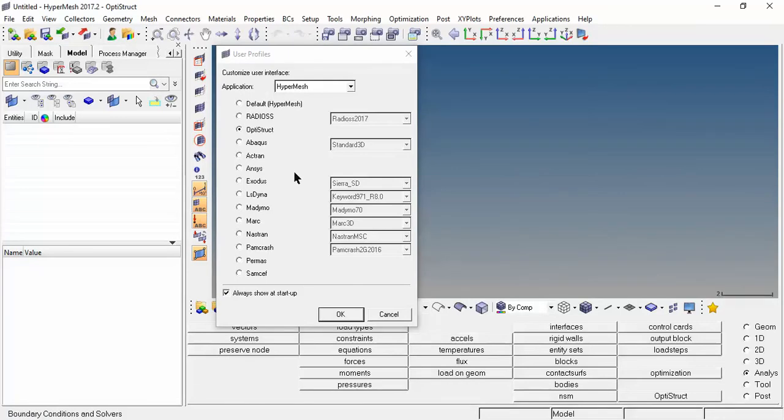Now what solver are you using? You are using OptiStruct. So I will give OK.